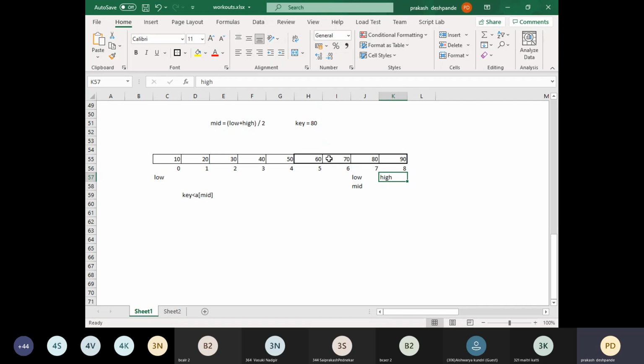In our search repetitions, we will reach a situation when the value of low will cross the value of high. Means low will come on the right of the high. That means we have exhausted searching all the elements and we couldn't find it. That time we can say that the element is not present in the array.